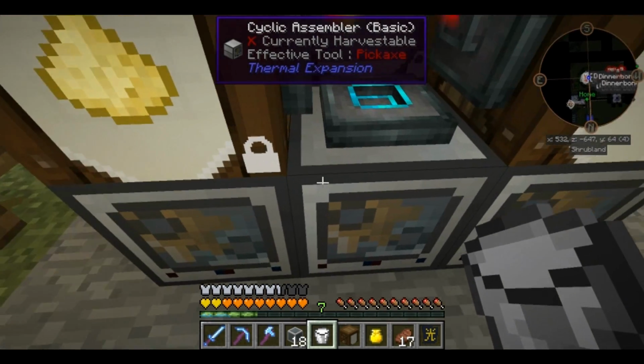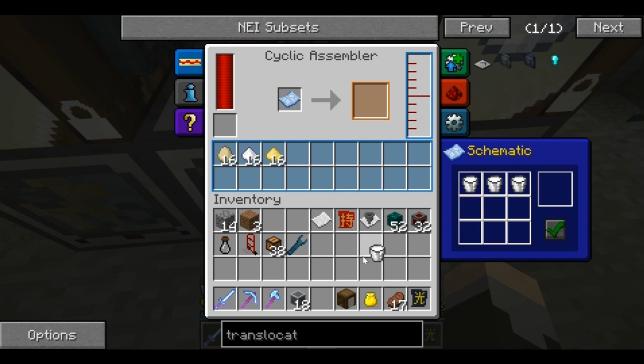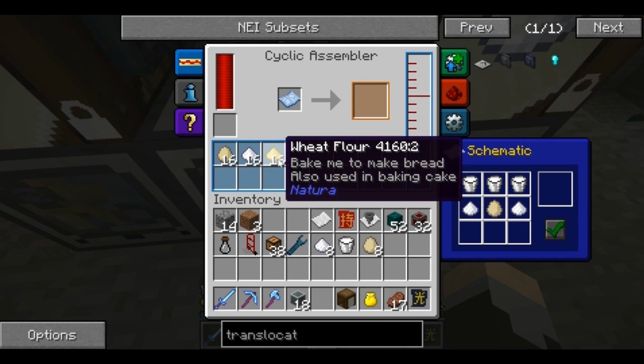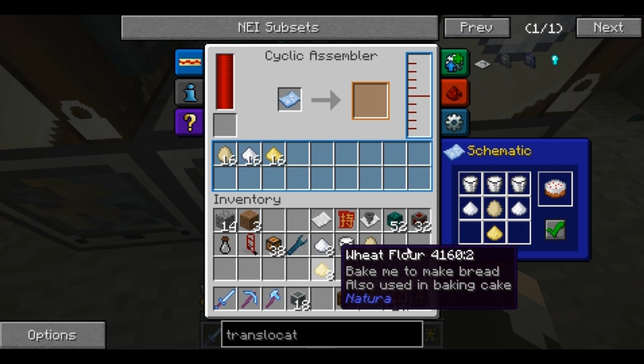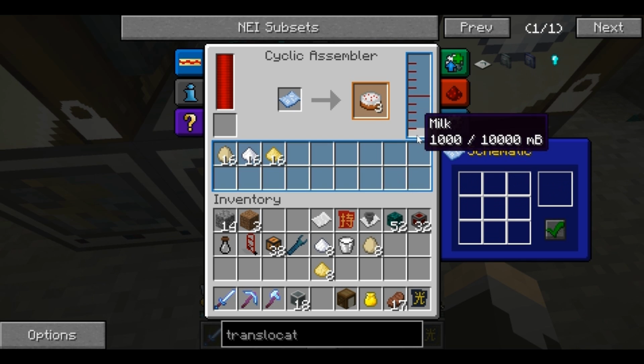All right, so when we go in here, in the schematic, we're going to go bucket of milk, bucket of milk, bucket of milk. And then we're going to steal an egg. And then we're going to steal some sugar. And now, as you can see, as I'm taking it out of here, it's refilling it. All right, and now that makes cake. Now watch this. This is going to be awesome. And check mark. Boom, instantly made 3 cake,